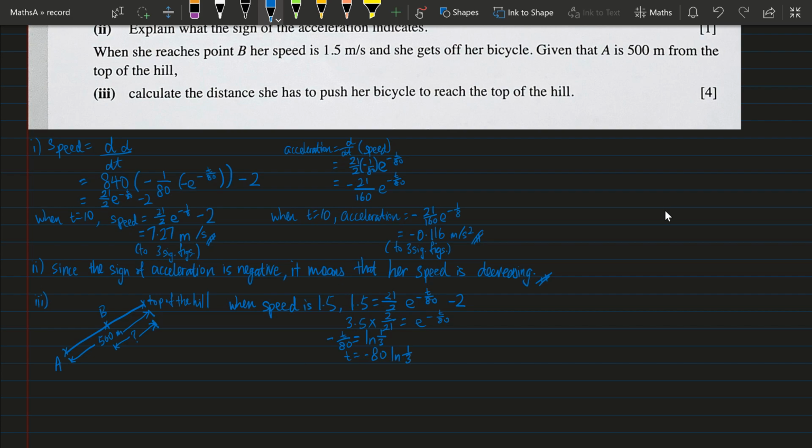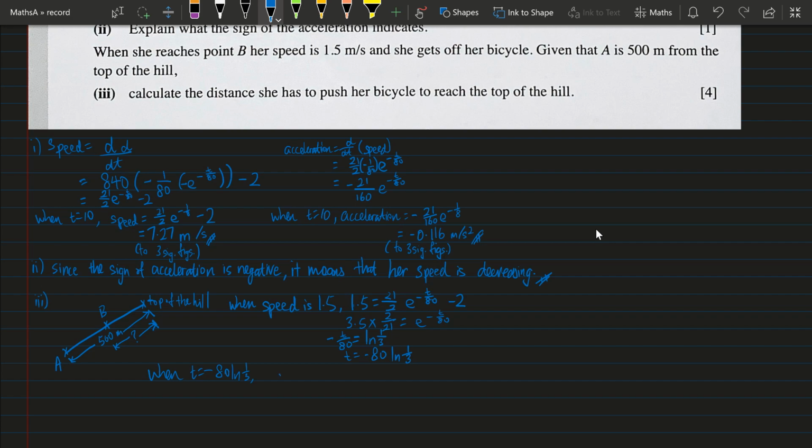So now we need to substitute this time into the distance. So if you remember, d was, so we're going to say when t goes to negative 80 ln 1/3,